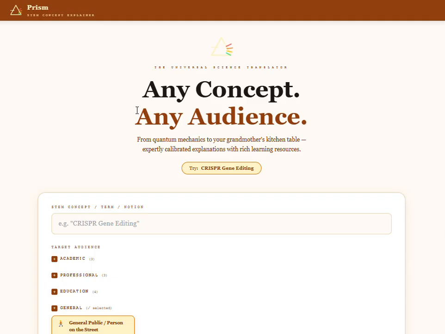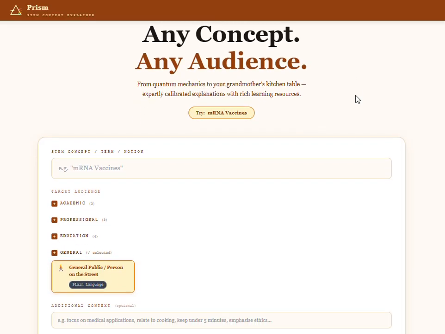So, Prism tries to automate this process with AI. So this is how it works. This way it steps in and it solves this problem, and I'll just show you some features of Prism now. It takes a STEM concept like science, technology, engineering, and medicine, any concept there, any idea, like let's say mRNA vaccines,